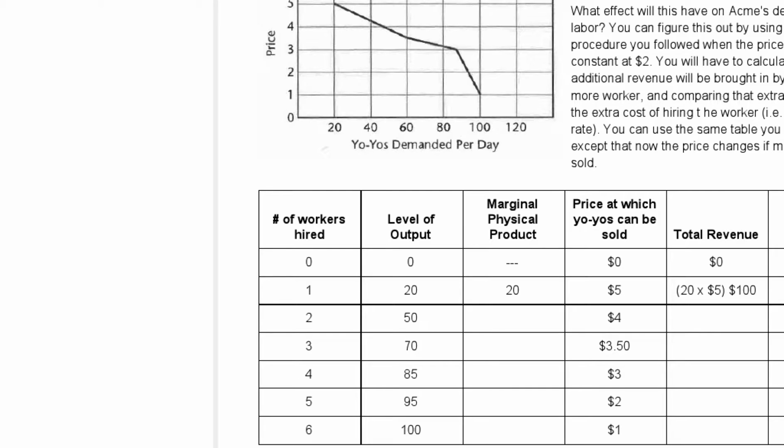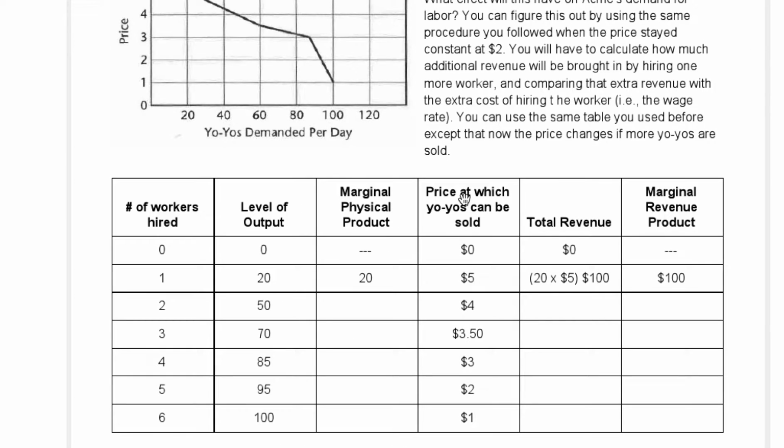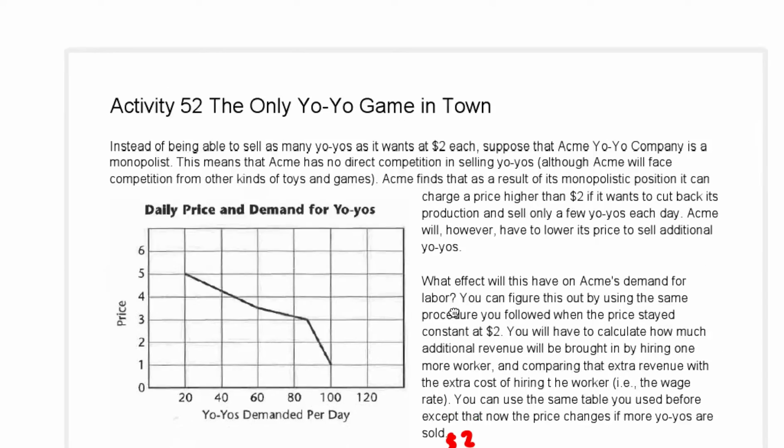In our last little look here, I don't know if you noticed, the price at which yo-yos can be sold was $2 the entire time. And it was $2 the entire time because the market we were working in was perfect competition. So everybody was selling yo-yos for $2 and that's the deal. But now, and we're on activity 52 here,